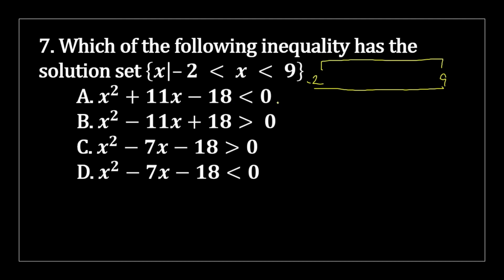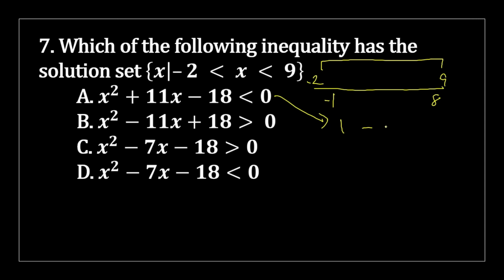Now let's check each equation to see which will satisfy this. Let's check a value that is greater than negative 2, that is negative 1, and less than 9, that is 8. Let's try negative 1 and 8. On letter A first. X squared, so negative 1 squared is 1. So 1